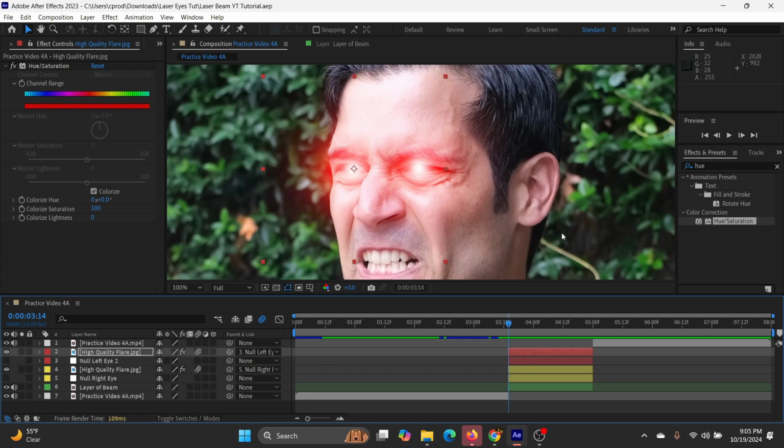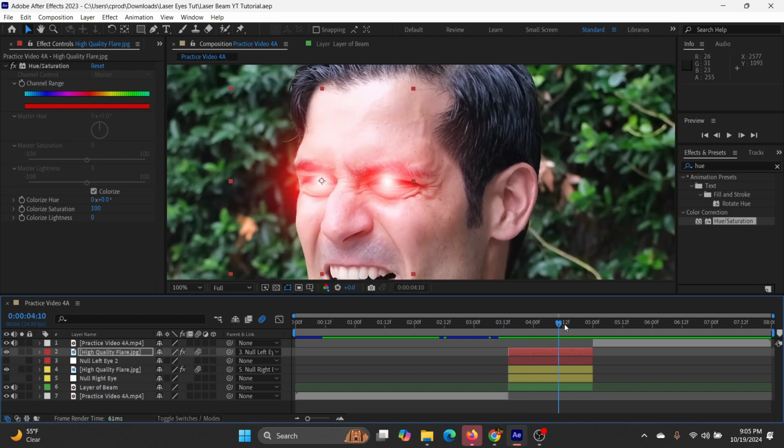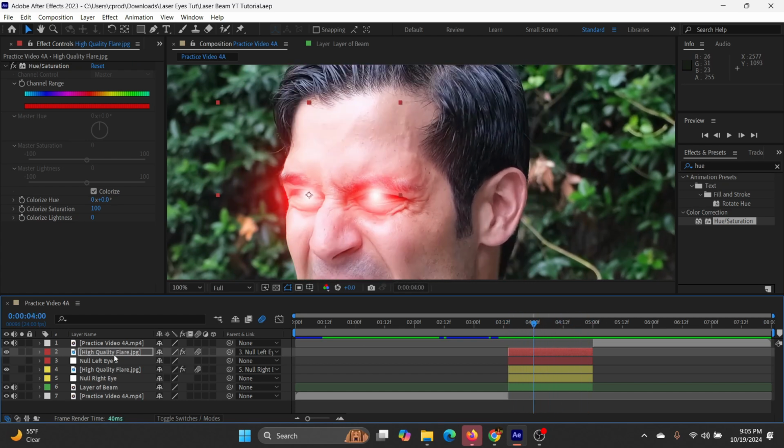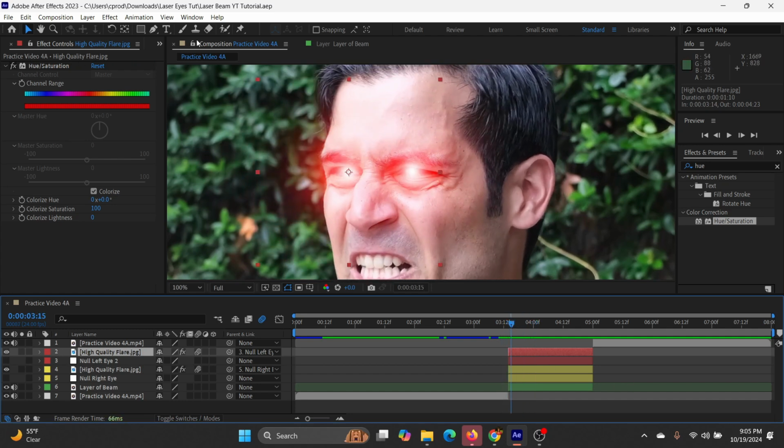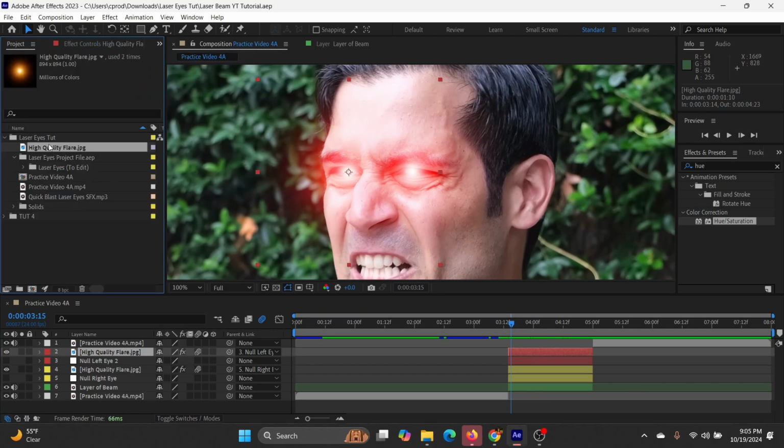So check this out. If we move this time indicator a few frames forward, you can clearly see that the flare image is sitting well with our subject's eyes. Now, here's what we're gonna do next. We're gonna come all the way over here into our project settings, and under the project settings, you should see that I've created a laser eye